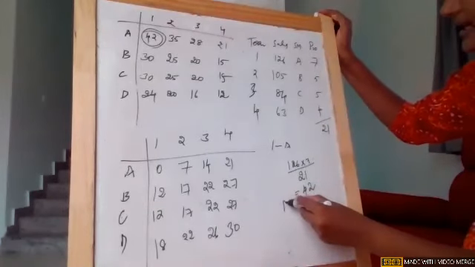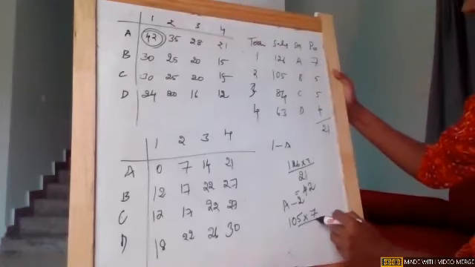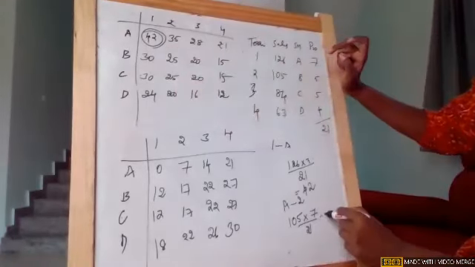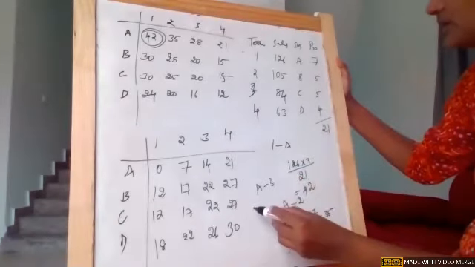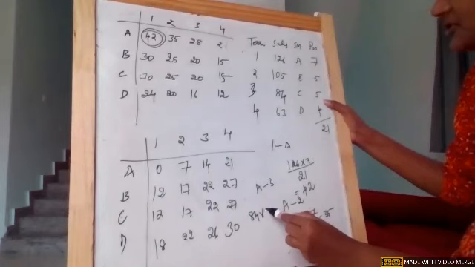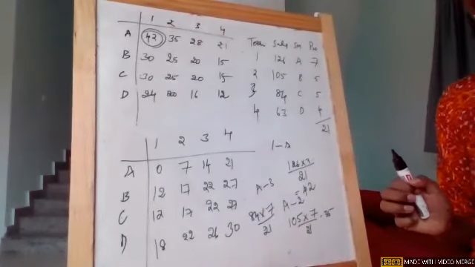Same way, if I take A and 2, the annual sales will be 105, and A as the salesman is A only, 7 divided by 21. So when I take this combination, I'll get 35. So this is how, using this logic, we just constructed. If I take A3, 84 into the proportion of A, 7 divided by 21. So this is for A.